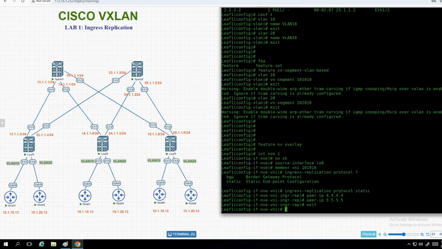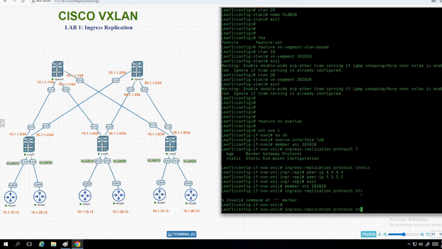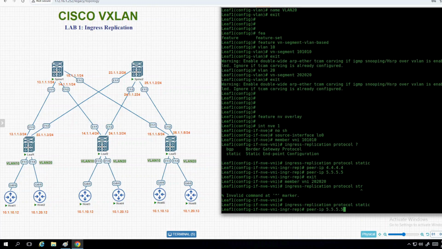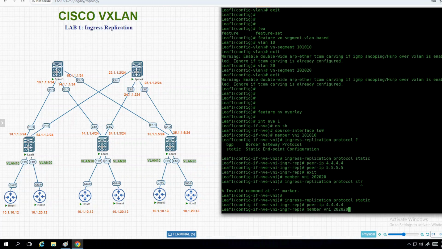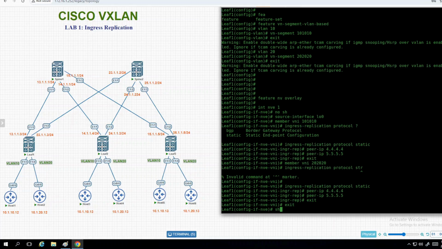and do the same configuration for VNI 202020. So member vni 202020. Ingress replication protocol would be static, and peer IP would be 4.4.4.4 and 5.5.5.5. Exit, exit,